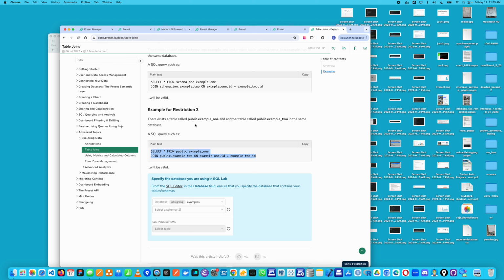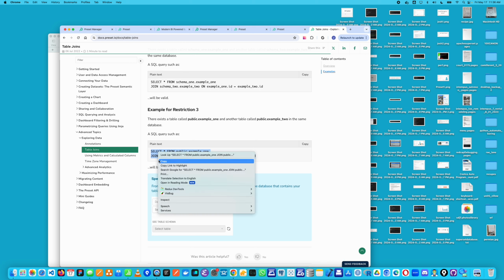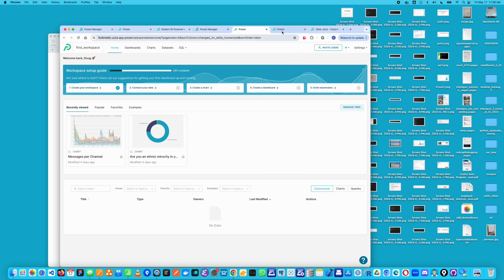It has to be in the same database, and in this specific example, the database is public. The first table that they're joining is called example 1, the second table is called example 2, and they're joining on the condition that the ID column in example 1 is equal to the ID column in example 2. This is similar to what we want. We want to join on the ID column in financials video 2 and on the ID column in overview video 2. So let's just copy this and stick this into our